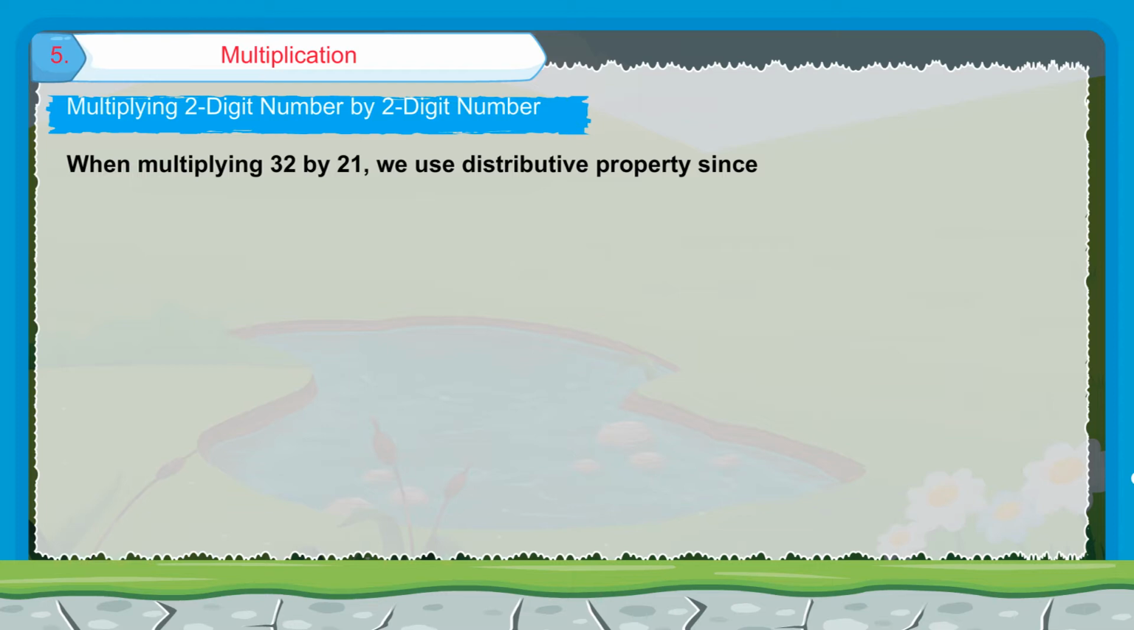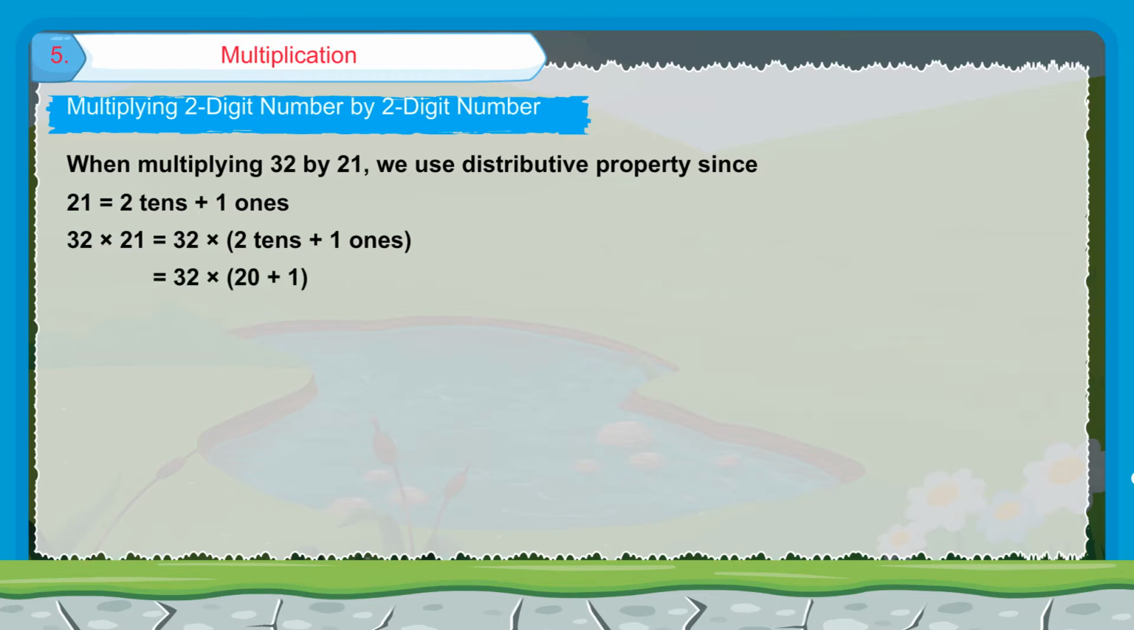When multiplying 32 by 21, we use distributive property since 21 is equal to 2 tens plus 1 ones. 32 into 21 is equal to 32 into 2 tens plus 1 ones is equal to 32 into 20 plus 1 is equal to 32 into 20 plus 32 into 1